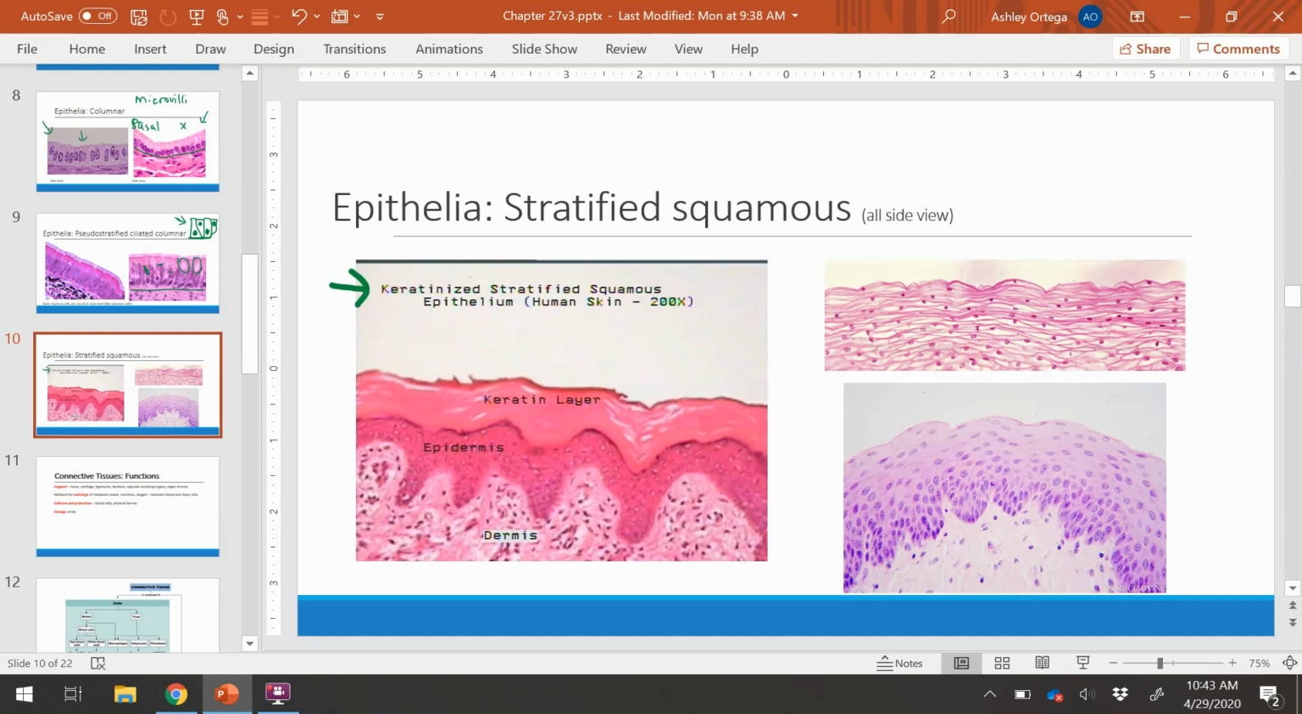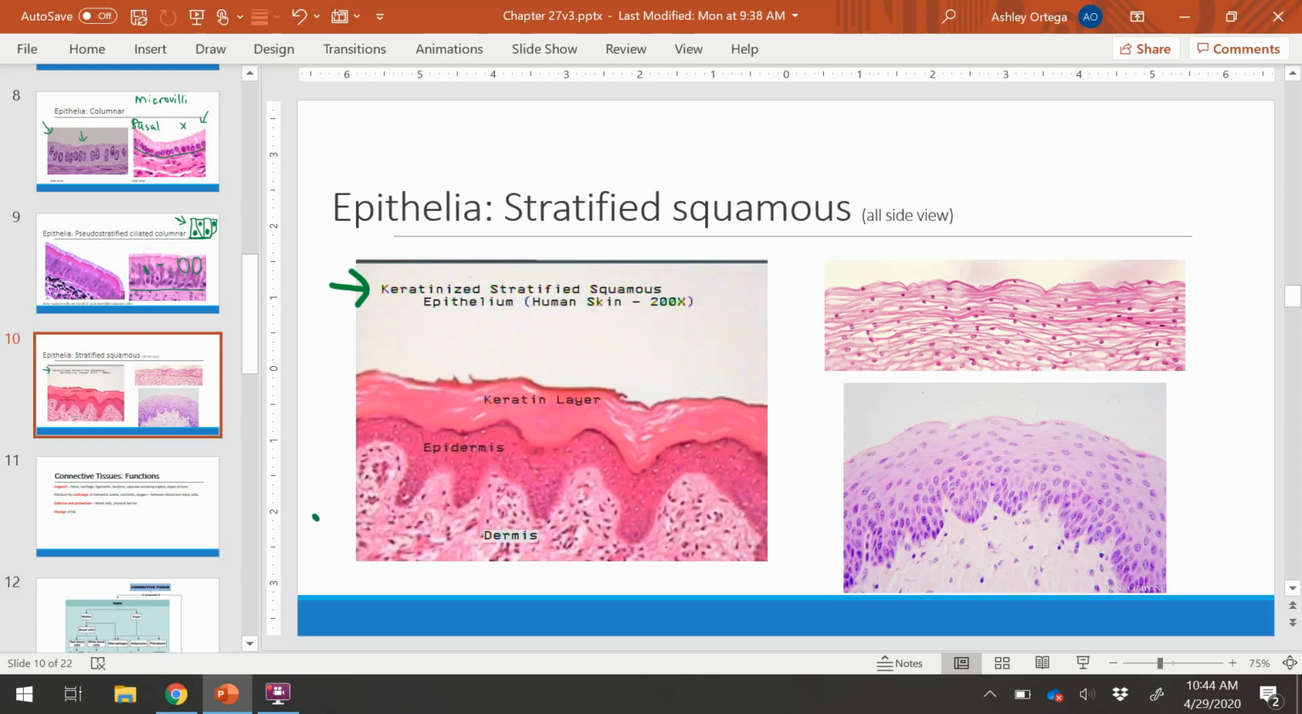This is a tough, water-resistant layer because keratin is a protein that's packed with filaments. This will prevent water from leaving, as well as entering. And so this is found on our skin. So we have here an example of stratified squamous epithelium from human skin, and you can see there's the dermal layer,